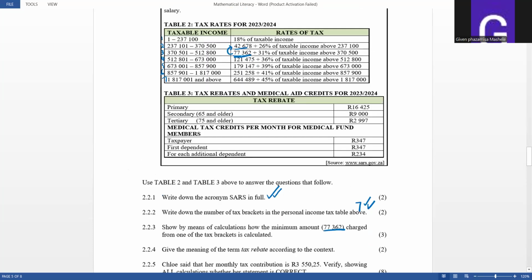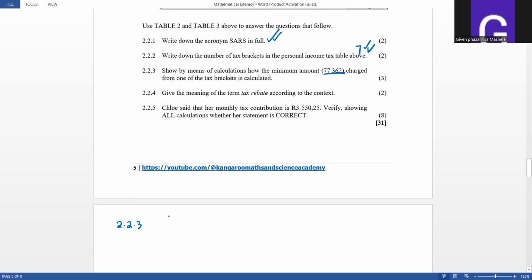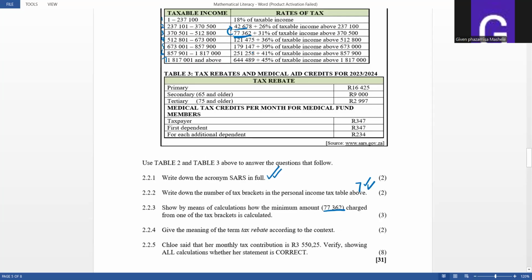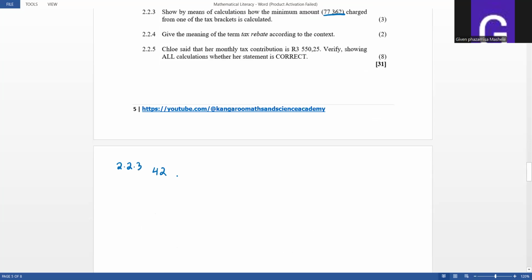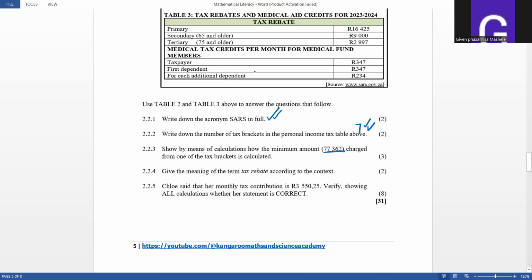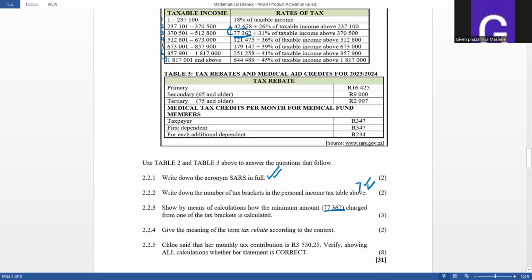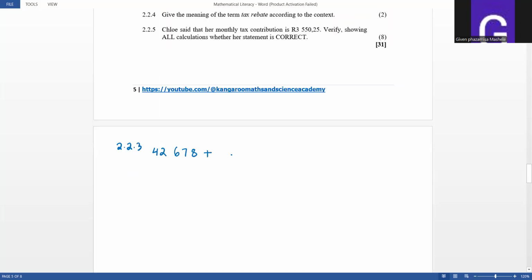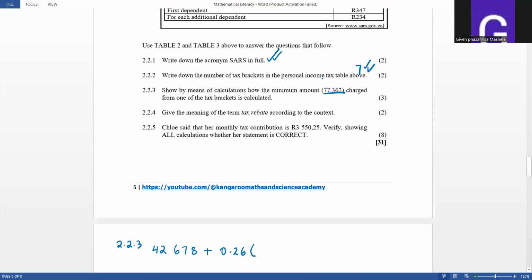In bracket 2, it's 42,678 plus, what was the percentage by then? 26%, which is 0.26, of the taxable income,